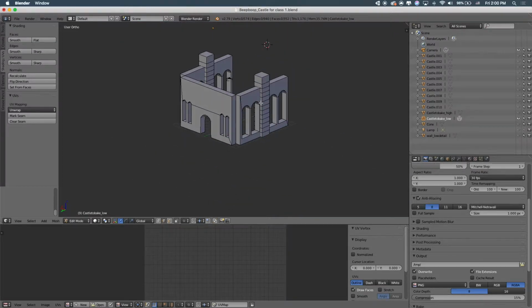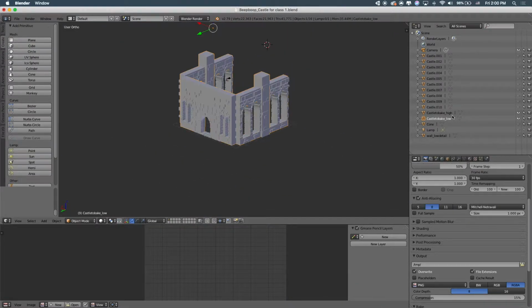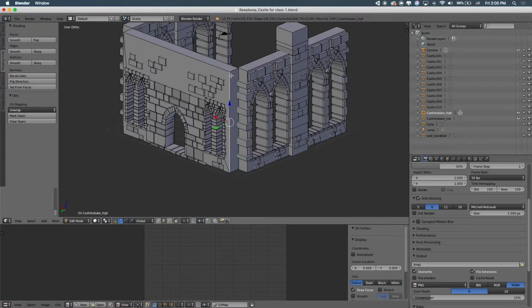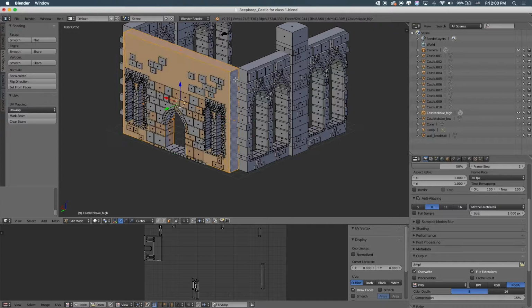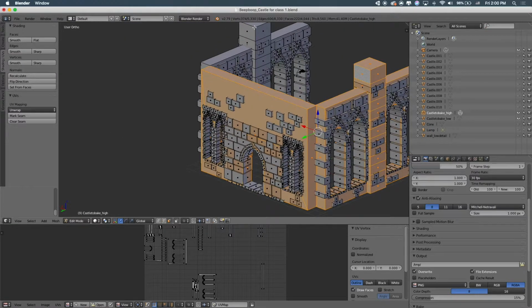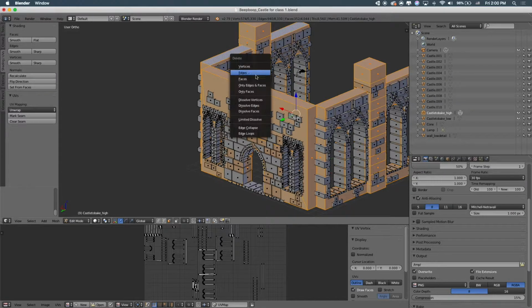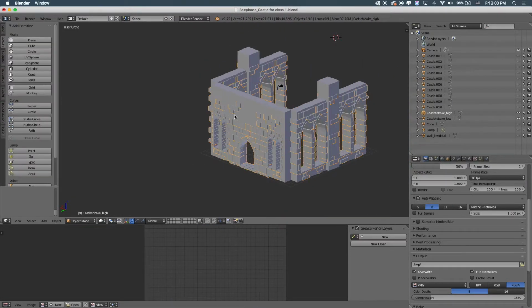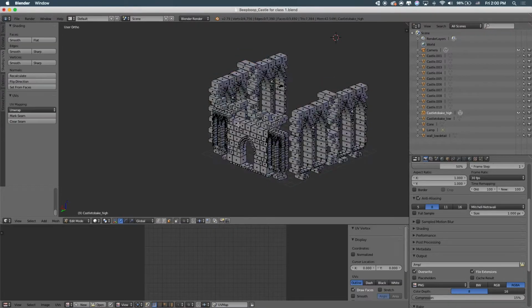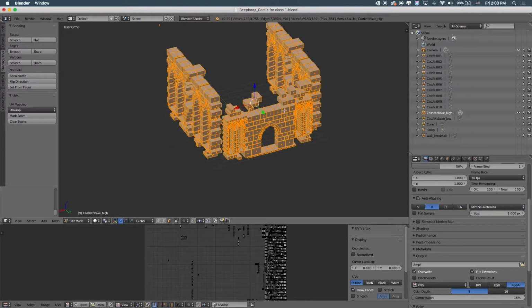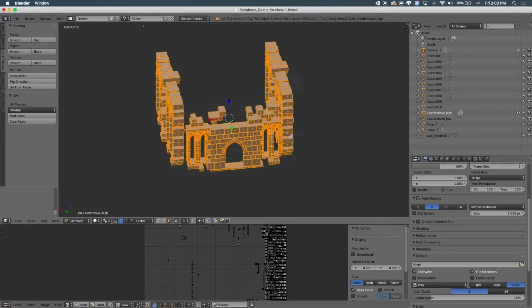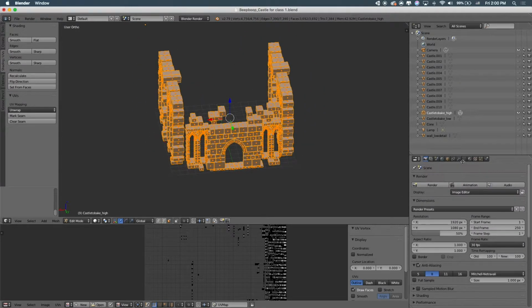And then my high detail, I'm gonna do the same thing, because when I subdivide it, I don't want my wall subdivided too. I only want my bricks to be subdivided, right? So select these and delete the vertices. And now if I hide my low detail, my high detail looks like something like this. And this is like 4,000 vertices already. And if I subdivide it,